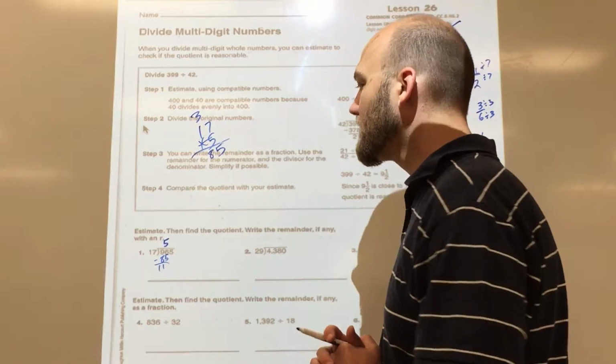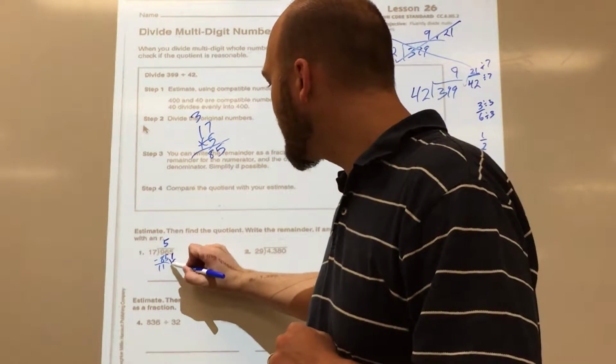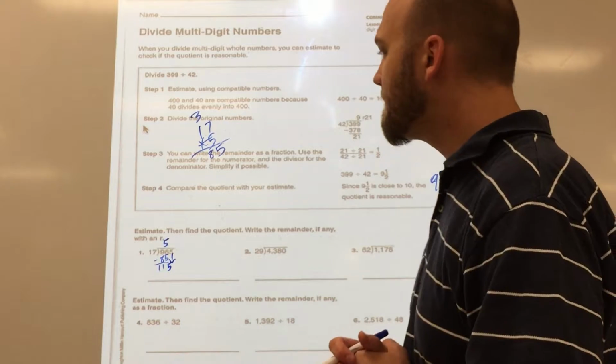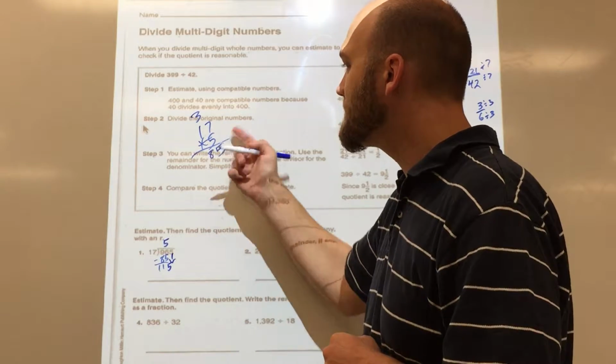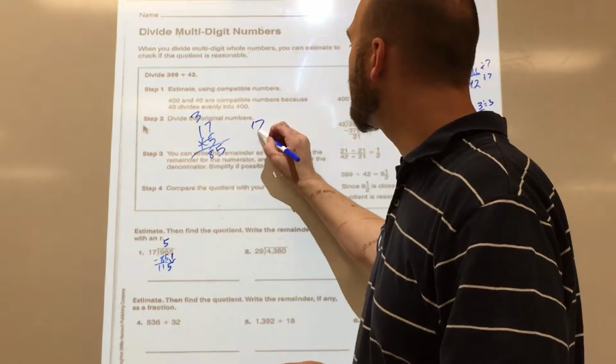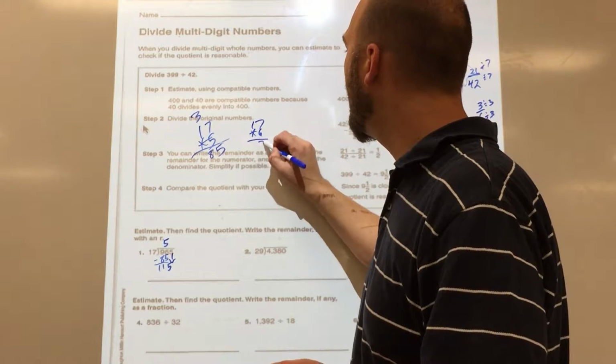Just a tool to help you along your way. All right, so now I bring down my 5. I need to know how many times 17 goes into 115. Well, I know that I'm pretty close here with 5, so I'm going to go ahead and try 6. And I have 17 times 6, and I get